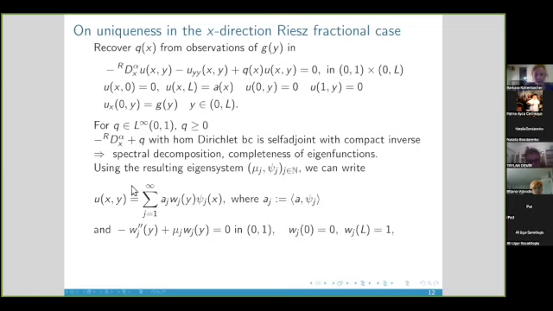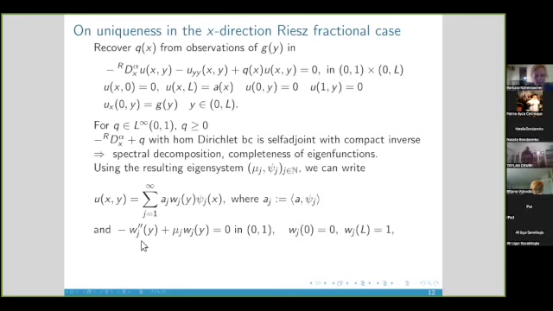And because of this completeness, we can expand in principle our unknown solution u up here in terms of these eigenfunctions in x direction times some functions w in y direction, again multiplied with these factors a j, where the a j's are the components of this excitation function that we apply at the right-hand endpoint